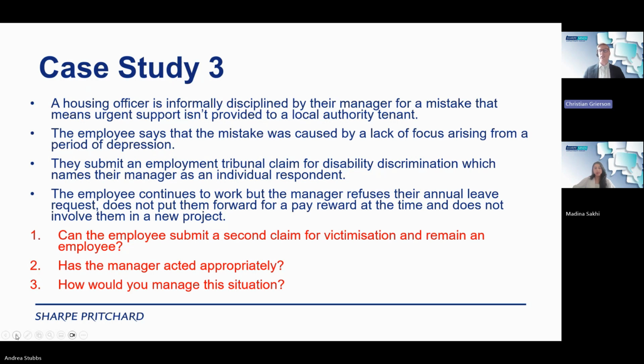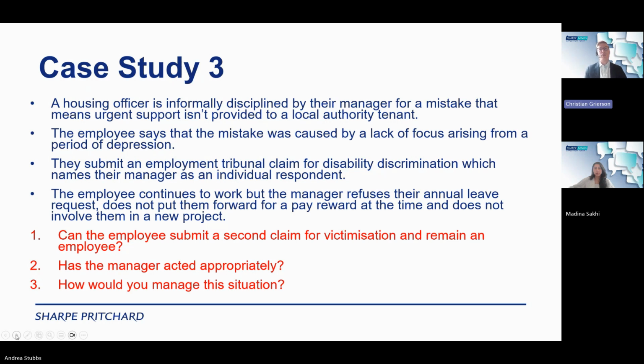They're saying, no, the only reason you did X is because I've put in a claim against you and you're acting almost in reprisal against that. That's often not the case, but it can be difficult to dislodge that perception once the claimant articulates it with the tribunal. So in this case study, a housing officer is informally disciplined by their manager for a mistake that